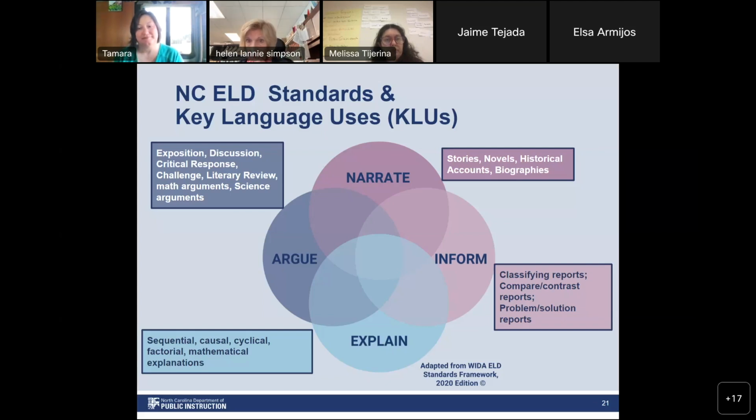Here we go. Naomi's in science: life cycles. Absolutely. That's a classic. And you think about cause and effect in literature. When you are reading and you're pulling that graphic organizer for cause and effect, there you go. That's going to fall into the overarching language genre of explain.